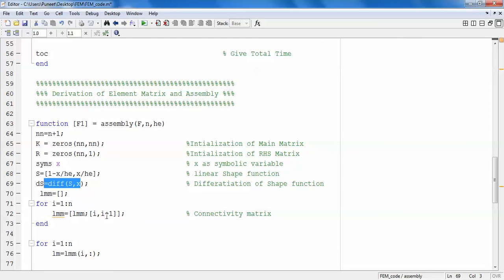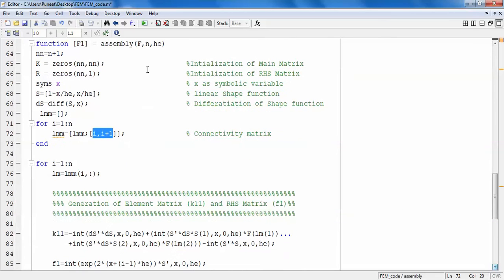So this is the connectivity. Since this wire, this string, this domain is connected, node 1 is connected to node 2, and so on. You can see that it is linearly connected, so I can write this connectivity matrix. In 2D or 3D models, you have to write it in such a way that it gives you the correct connectivity matrix. So this is all about the connectivity matrix. This is the same thing which I have written here and here.